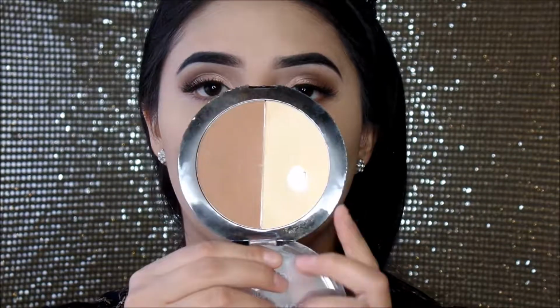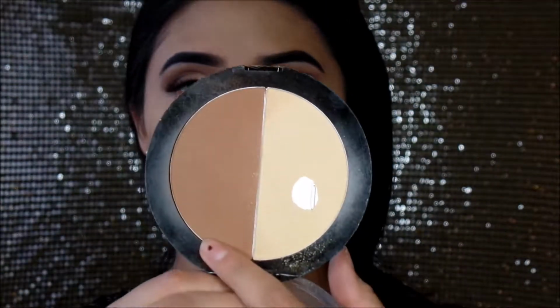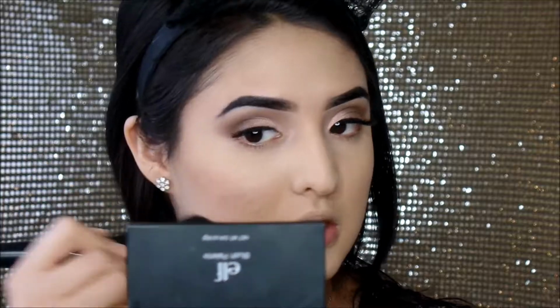Take the contouring shade on this side. I'm gonna take this shade right here to contour, not really contour, but just kind of blow onto my face. I'm gonna take this e.l.f. complexion brush. I love these e.l.f. brushes. They are so good, like they're super soft and so inexpensive, you guys. Like they're amazing. So I'm just gonna use this to kind of give my face a little bit of